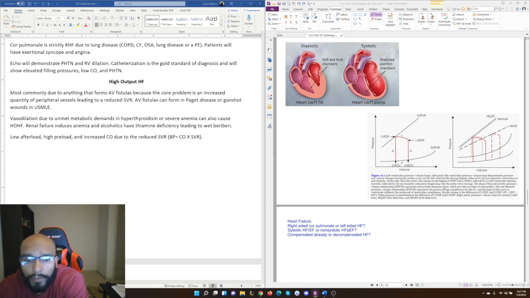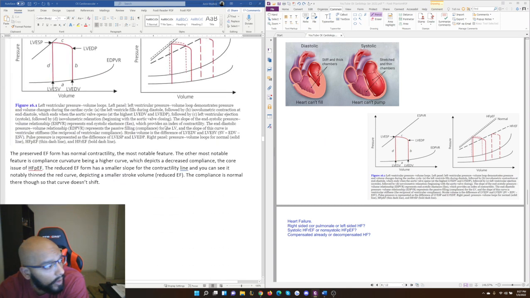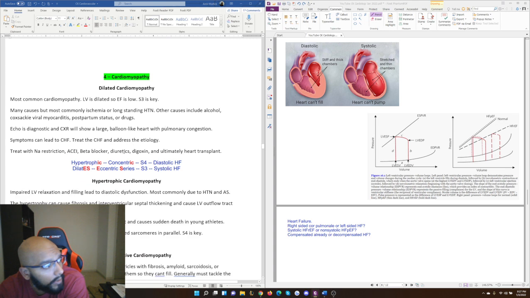Okay. Make sure you also go back and kind of revise the various medications, the loop diuretics, the potassium-sparing diuretics, and all the diuretics, which are actually discussed in renal pharmacology for the most part. And keep in mind, as we move forward into our topic of cardiomyopathy, this color-coded segment right here,